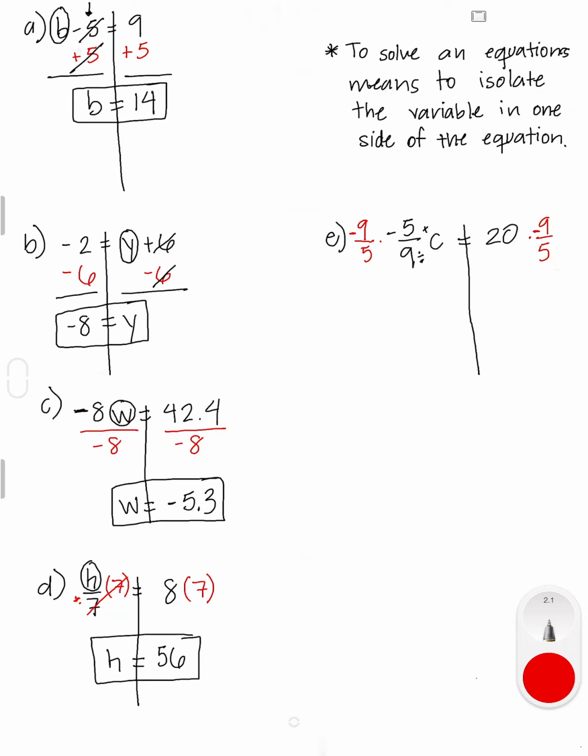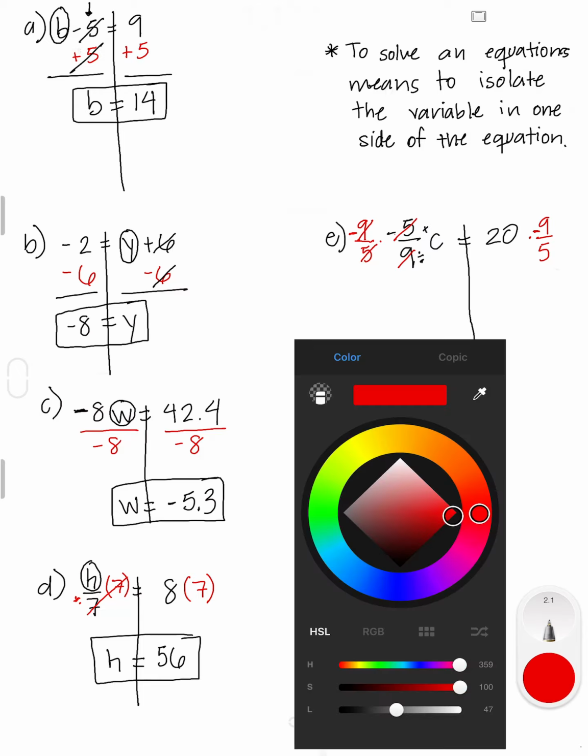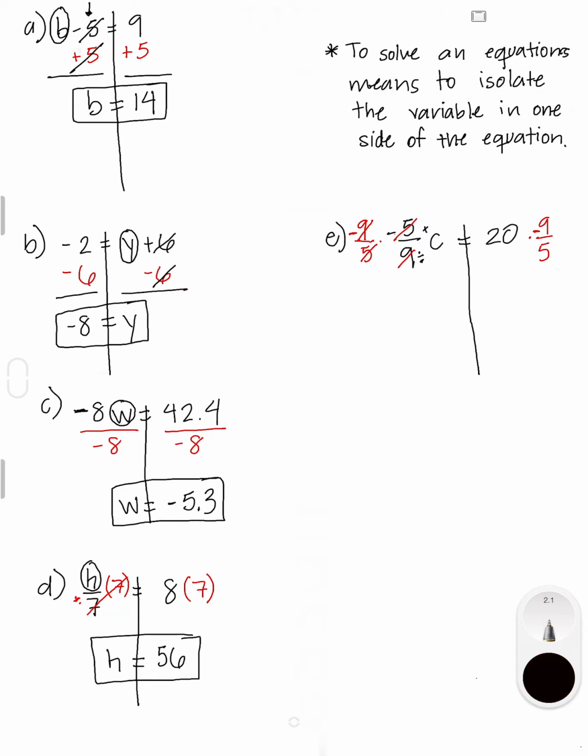So it's like having a tortilla and flipping it, right? It's burning, so you have to take the reciprocal and flip it. So we flip the fraction to 9 over 5. So the 9 will be canceling the 9, and the 5 will be canceling the 5. And then we know that the negative times the negative is going to give you a positive. So we're going to have c